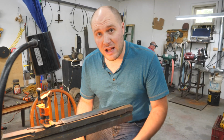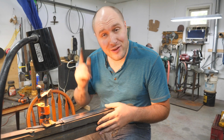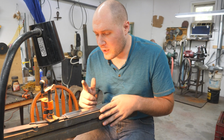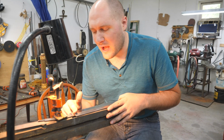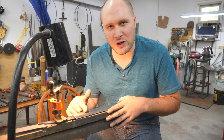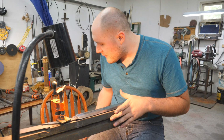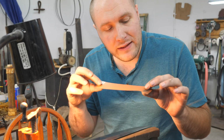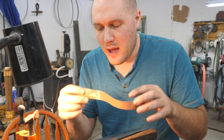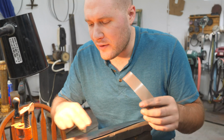It's like a couple hours later and I got the whole blade to 600 grit. Now it's time to go up to 1500 grit. At least I'm gonna try to jump from 600 to 1500. I've done it before, but if it's too much work, I'll go to 1000 and then 1500. I also have some of this diamond coated 3M sanding film that someone sent in for me to try. And this should be about a 1200 grit, so I'm gonna try it out on here first and see if